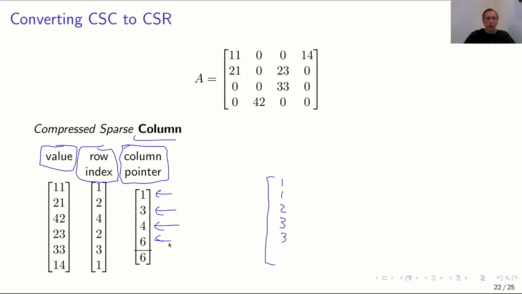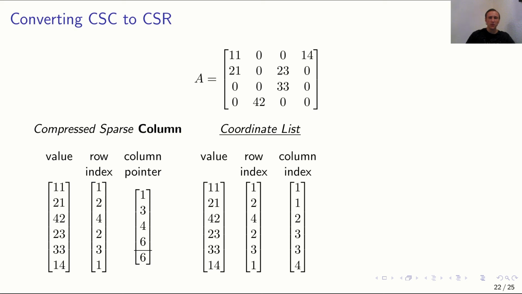And then finally, our final column is going to start in position 6. And since we have 6 non-zero elements, there's only going to be room for 1 non-zero element in the fourth column, meaning this is going to be our column index, as you can see over here. Now then we basically have our object in a coordinate list kind of manner, but converting this to a column